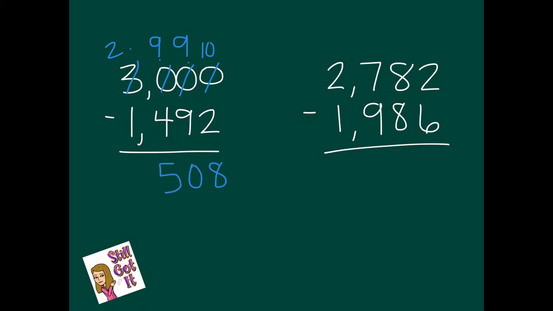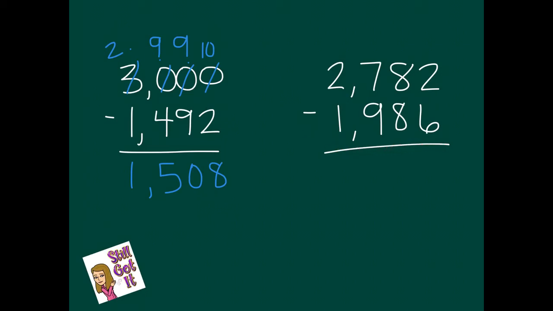And 2 minus 1 gives me 1. So I have 1,508. My next example is just a random thousand number. It's not just 3,000 or 2,000, but it has some hundreds, tens, and ones to start. So this is 2,782 minus